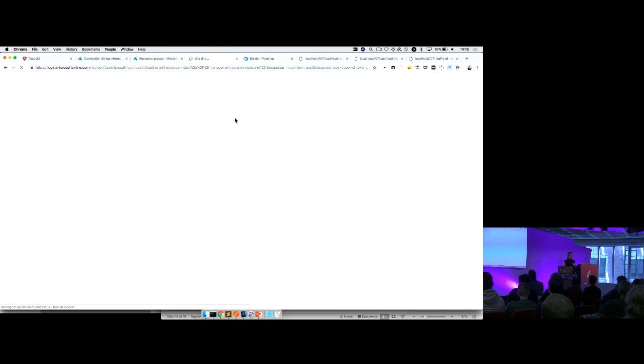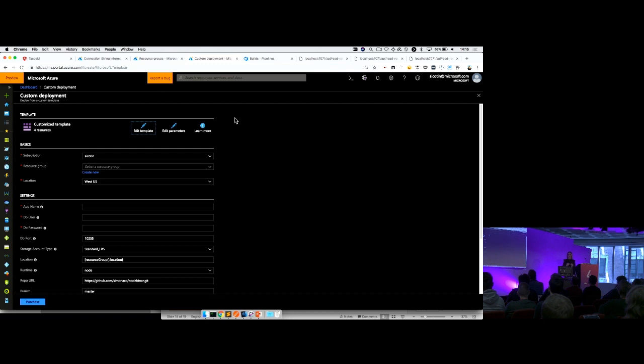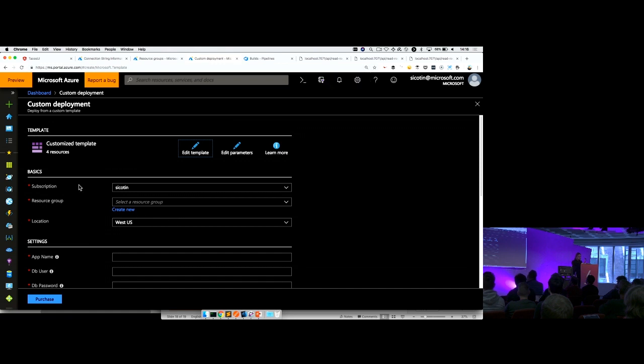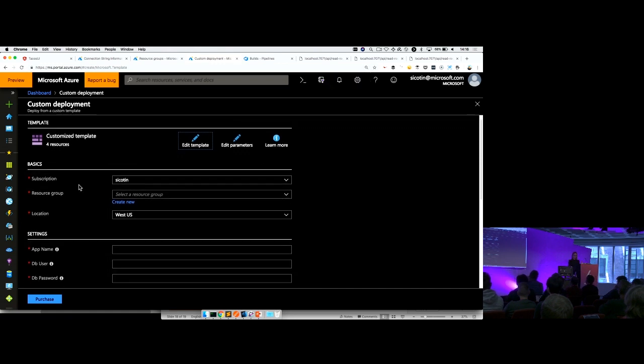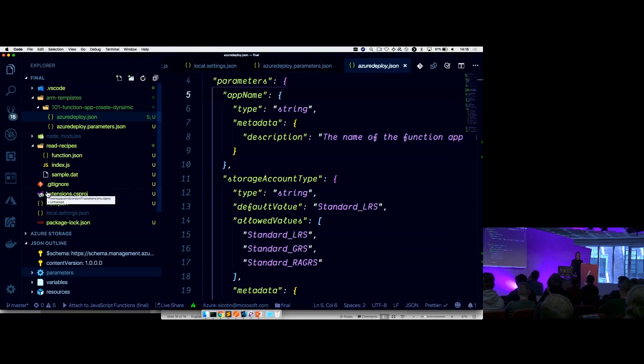it will take me to a page where I can input those parameters. So in this case, it's a UI. Because I want to allow this to anyone that goes to my GitHub page. I want to allow them to create new applications. And you can see here that I can select the subscription, the resource group that I want to deploy this to, and the location. But then there's also app name, DB user, DB password. These are parameters that I want to define in my deployment template. Because whenever I'm redeploying this, I need to specify a different app name. Does that make sense? Yeah?